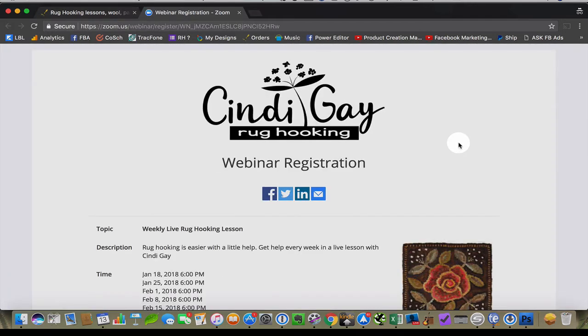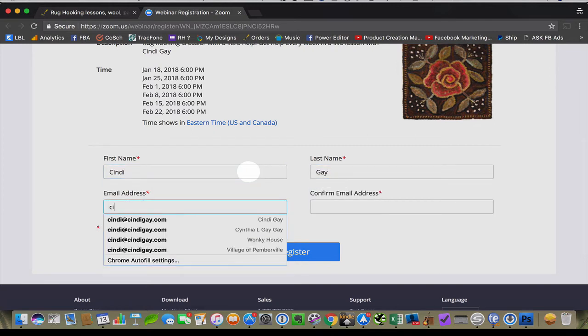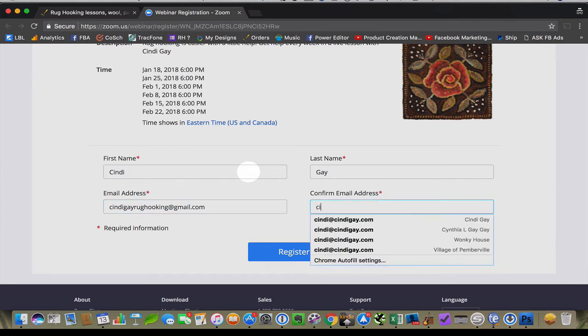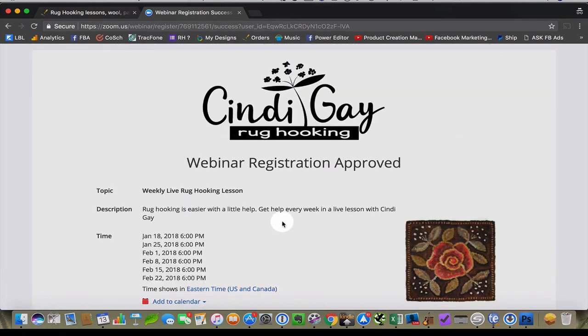That link will take you to a registration page. At the registration page, type in your first name, your last name, and you'll need to type in an email address twice. What that's doing is double checking it. It figures that if they match, then there's no typo and we've got your correct email address. That's important because an hour before the webinar, you will get an automatic email that reminds you that it's going on, and it has the link on where you need to go.